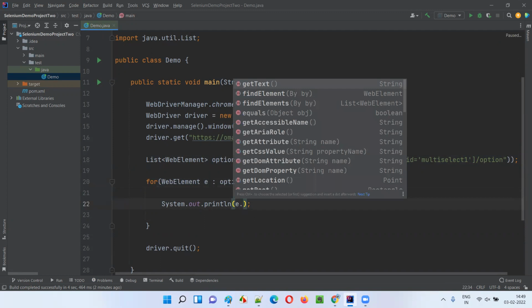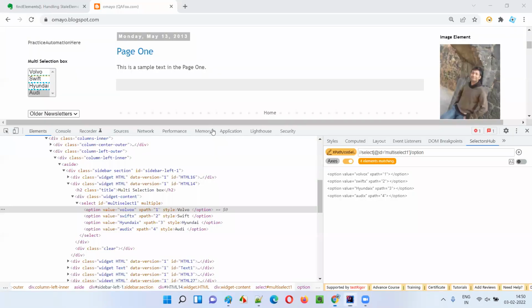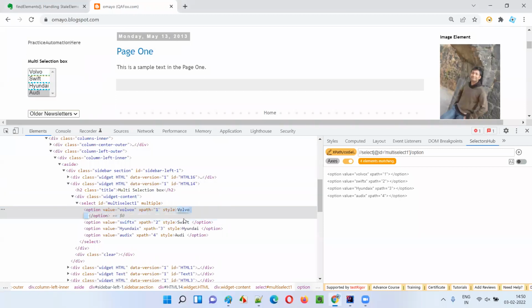I want to get the text between the tags of that. I'll use this command of the Selenium WebDriver. Don't simply print E, guys. You'll get some code here which you will not understand. You'll get understandable code when you print the web elements, but when you say E.getText, then you will get the text between the tags of each and every